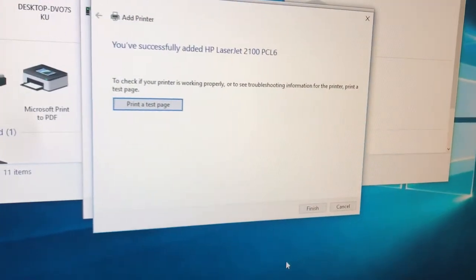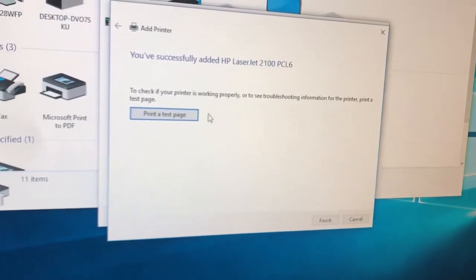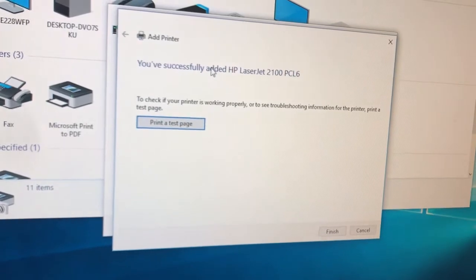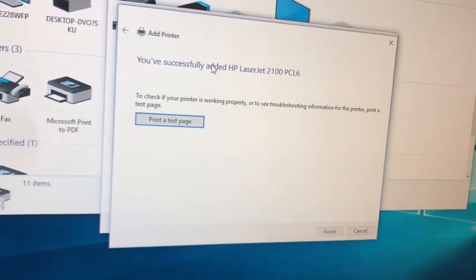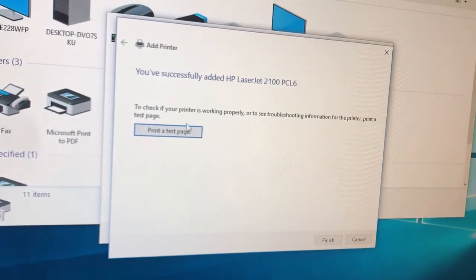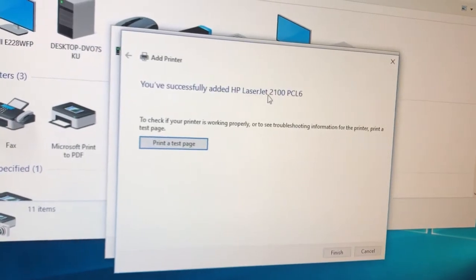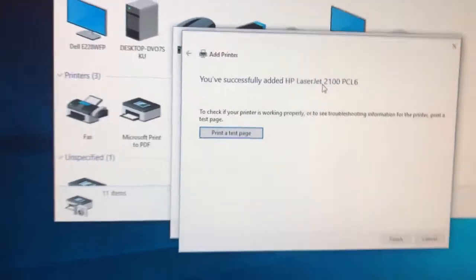Okay, so here's the third video on the Hewlett-Packard printer. I hit the cancel in the last video and it didn't cancel, but it looks like it might have worked, so it thinks it's a LaserJet 2100 PCL6. Here's LaserJet 2100. Again, this is an old printer